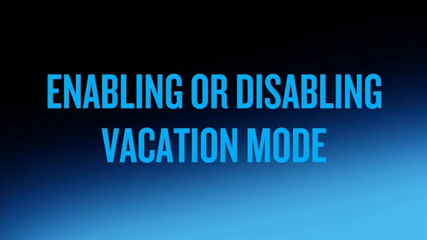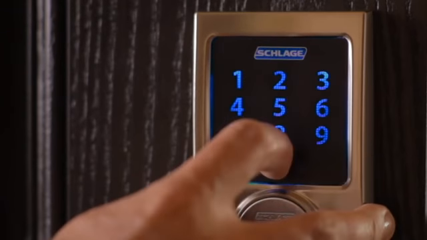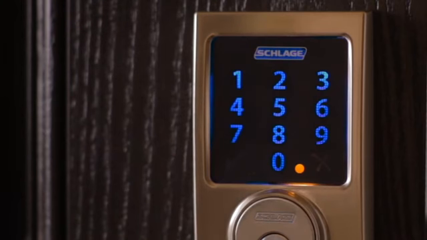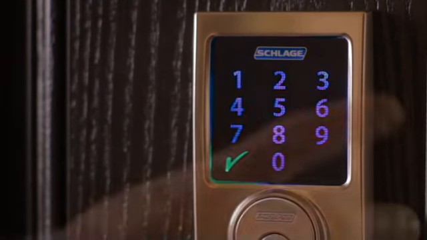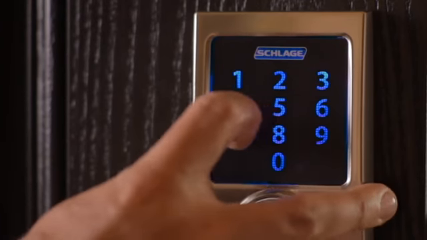Vacation mode temporarily disables all user codes in the lock. To enable vacation mode, press the outside Schlage button, enter your 6-digit programming code, and then press 4. To turn off vacation mode, press the outside Schlage button, and then enter your 6-digit programming